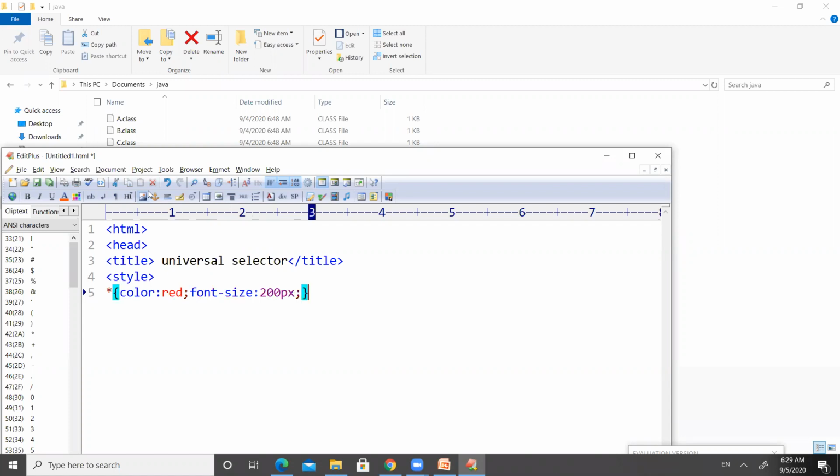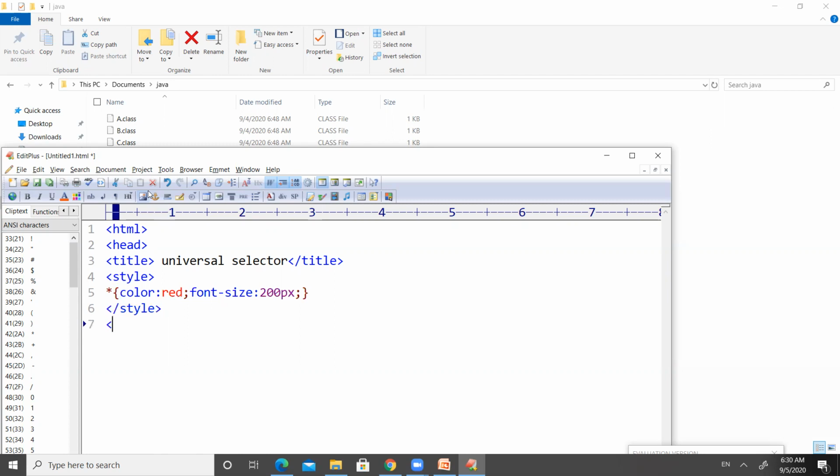That means I am going to use 200 pixels. I want to have 200 pixel size for all the things inside the web page. So you can add more styles. That's not a problem. So here, after the styles are completed, let us close the style tag.